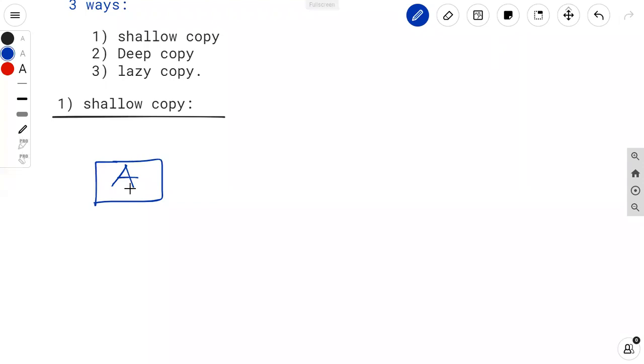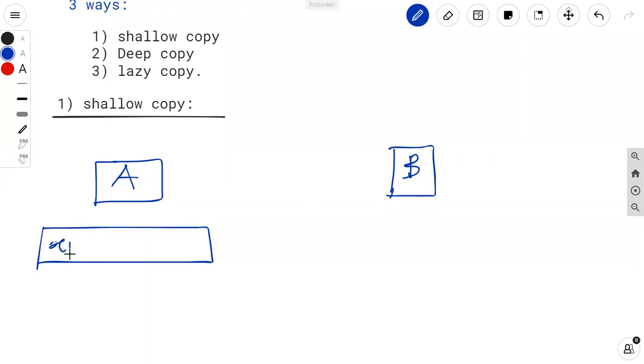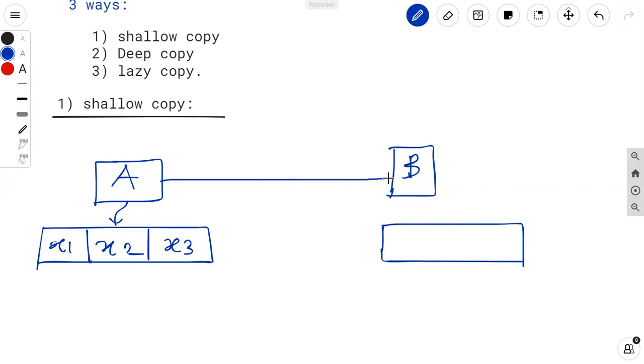I'm having two objects, one is object A and another one is object B. For example, A contains the members, suppose x1 is a member of A, x2 is another member of A, and x3 is one more member of A. So these all are the members of A, and I am shallow copying the object A into the object B. It means you can take some of the members from A to B. So here I can take x1 as a member from A to B. Then suppose B also has some members y1 and y2.